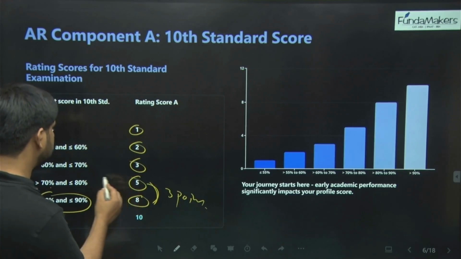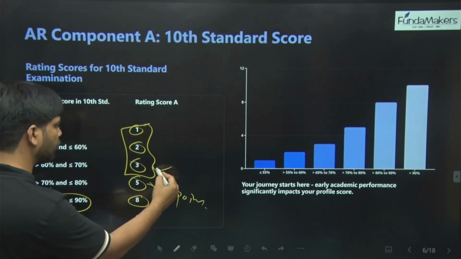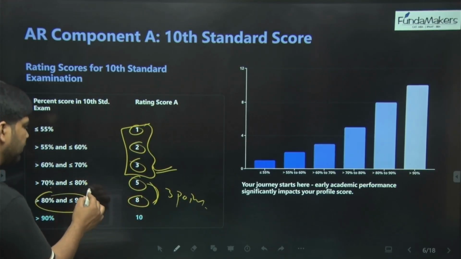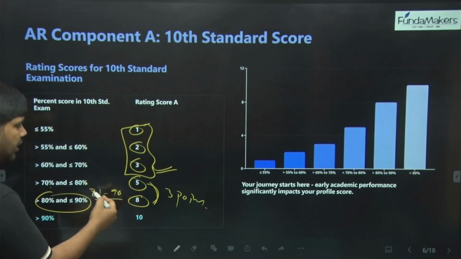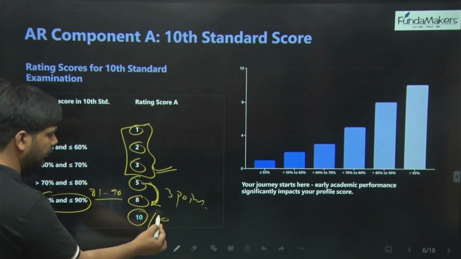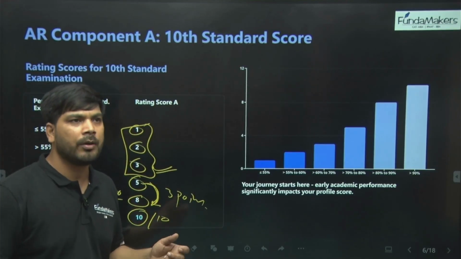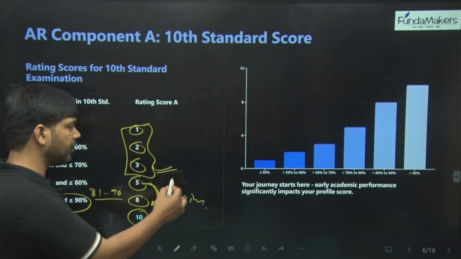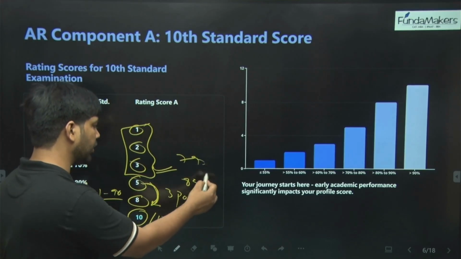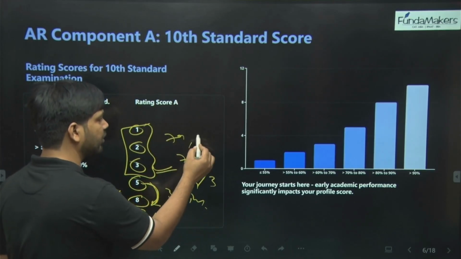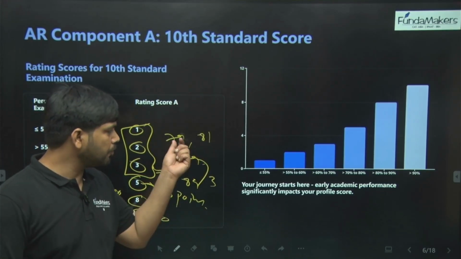That means till 70%, whatever you got, right? The same jump is between 80 and 90%. I mean 81 to 90%. 81 to 90%, you have 5 points become 8 points, and then the moment you cross 90% marks in class 10th, you get 10 on 10 points. Now this is very interesting. This shows how important 10th and 12th marks are. Somebody who has got 79% marks and somebody who has got 89% marks, you are looking at a score difference of 3 points here alone, right? Or maybe somebody who has got 79% and somebody has got 81%. Just 2% marks.